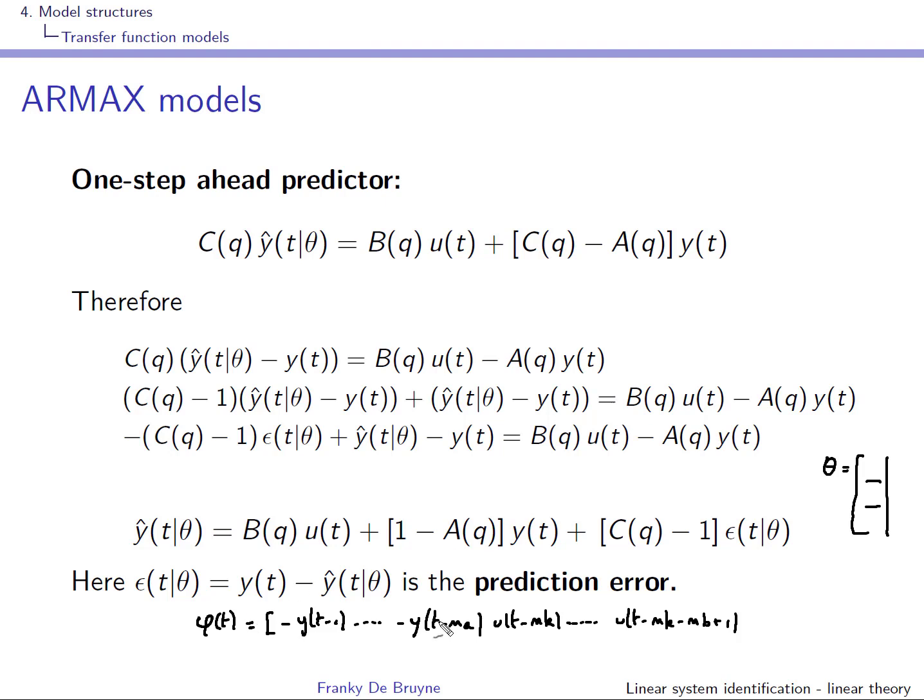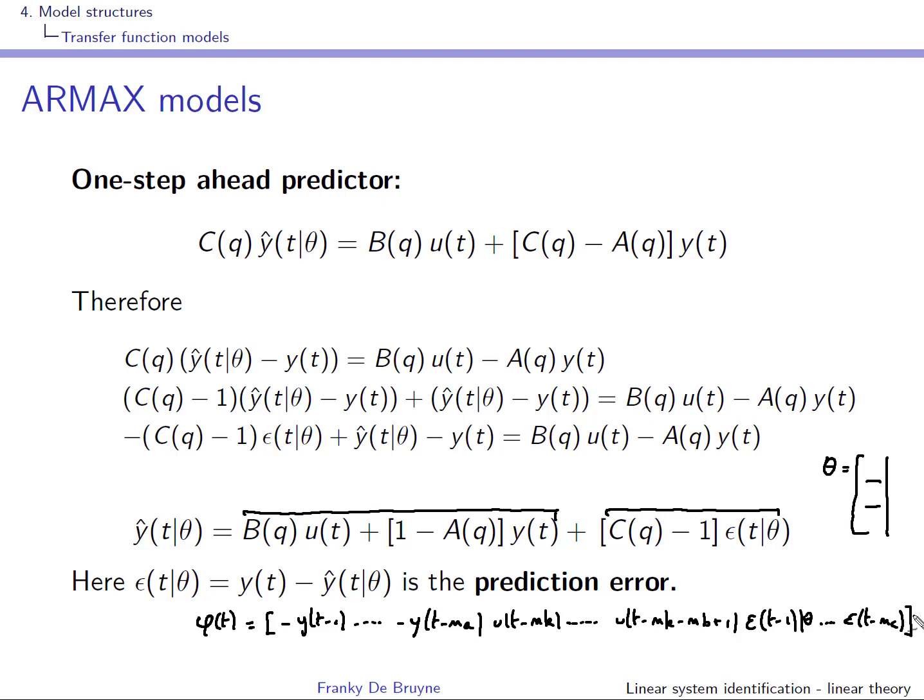So this is for the ARX model, but it will also be valid for the ARMAX model because this first part is in common, of course. And then we'll have to add something with the residuals, right? C is monic, it starts with a 1 and then it's c1 q minus 1 up to c_nc q minus nc. And the C's, you've got them over here. So what you'll have to do is add the prediction errors up to epsilon(t minus nc),